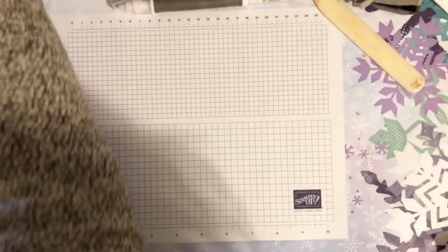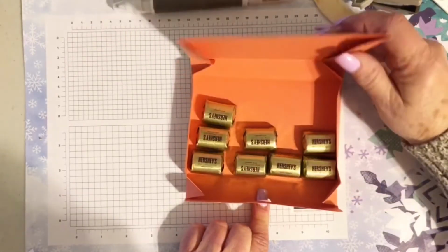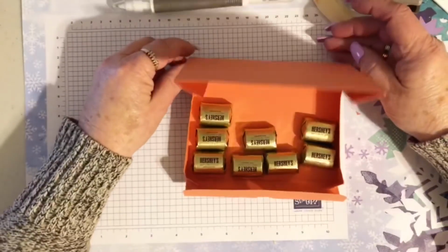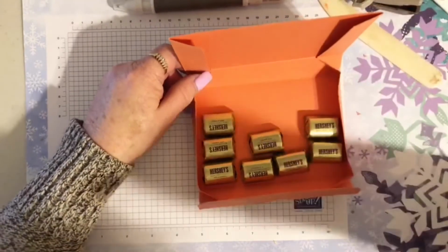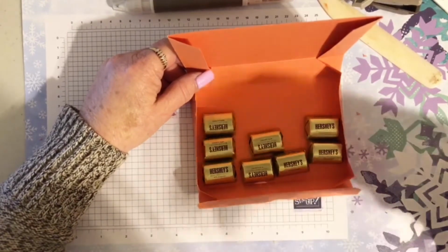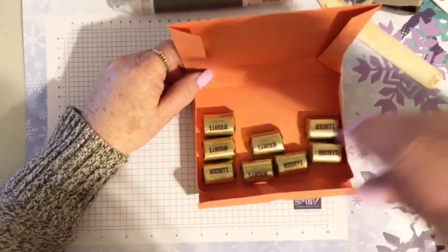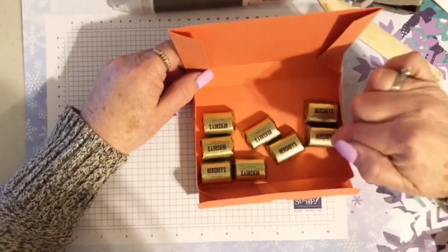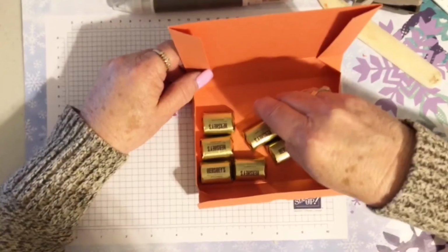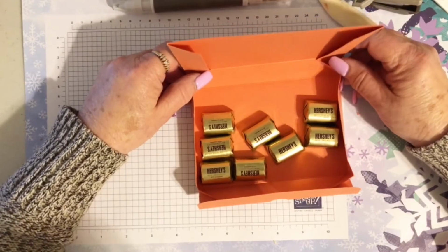Okay, now this one, because of course sometimes we just have to give chocolate. This one, I didn't have enough, but if I had enough, it would fit at least 16 Hershey Nuggets in there. Or I was thinking maybe, if I could have gotten out to the store today, but my driveway's still snowed in, a Reese's Peanut Butter Cup, or a small Hershey bar, or just some different things. Now, if I really was going to put 16 Hershey Nuggets in here, I might cut a thin piece of cardboard and adhere it to the bottom just to give it a little bit more stability. But I hope you like my no glue box,